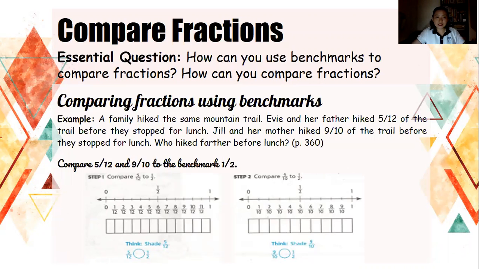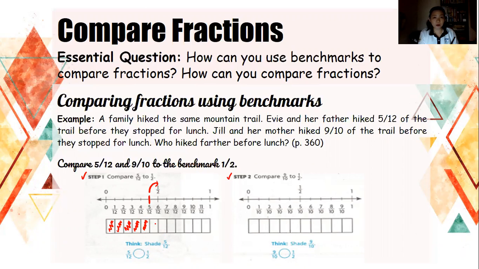In your book, you will be seeing two steps there. Continuing, we have step number 1. We have to compare 5/12 to 1/2. As you see, this number line over here has already been divided into twelfths. So all we need to do is just to spot where we can find 5/12. Shading 5 parts out of 12, so 2, 3, 4, and 5, that would be in this area. As you see, 1/2 is at the right of 5/12.